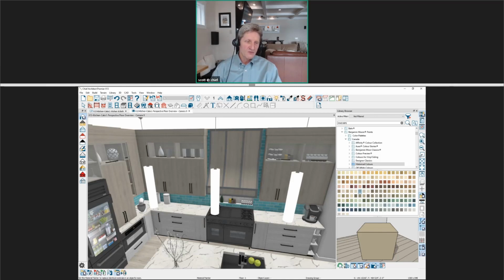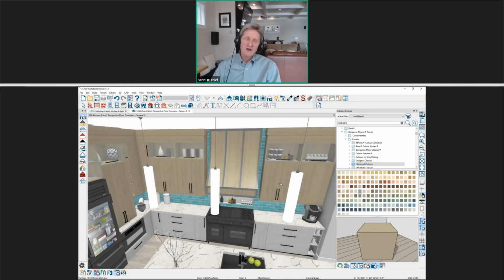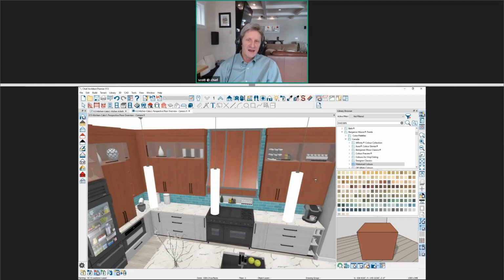So there's a room mode with this material painter. And if you look in my far bottom left-hand corner of my menu, you'll see a bunch of spray cans: component, object, room. The other ones are floor and plan. But if I'm in room mode and I want to come in here and click, it's going to replace that color for the entire room quickly. So you find the color, you click in room mode, and you know, another way to do it is to